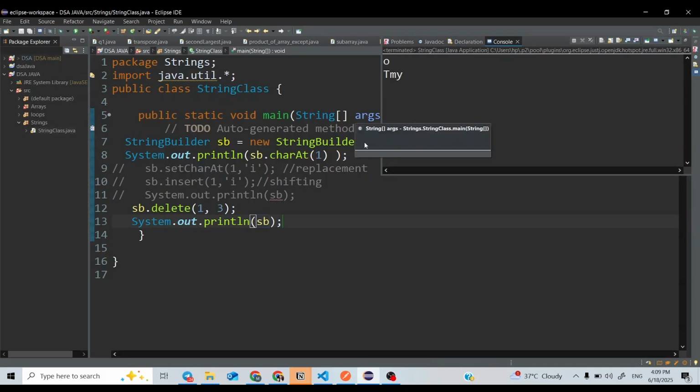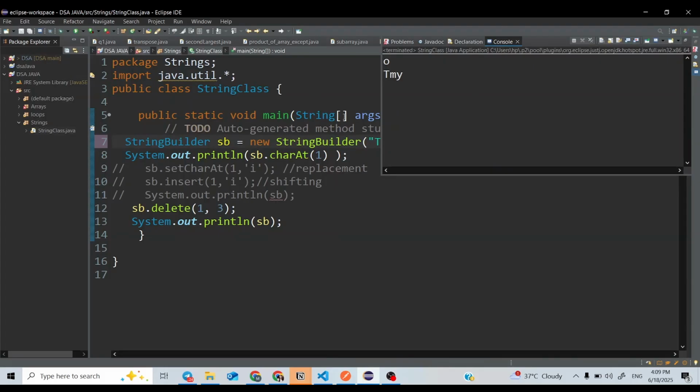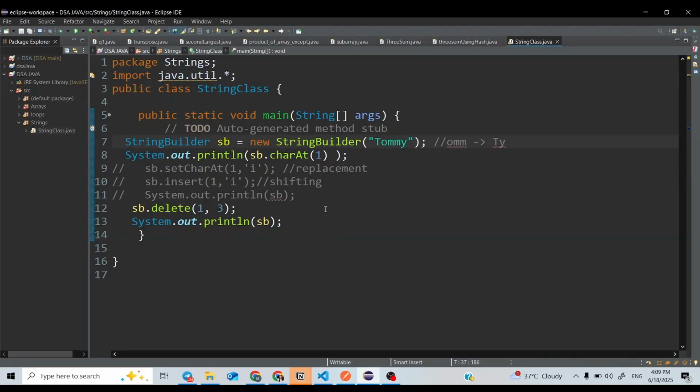It's printing TMY. Is this okay? I was deleting O double M, which means our output should print TY, but it is printing TMY. So what is the mistake I made here? This is not a mistake.